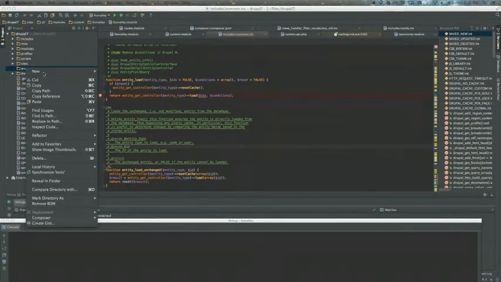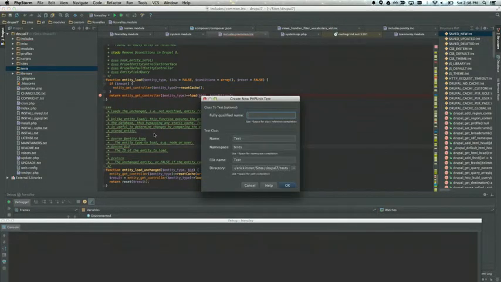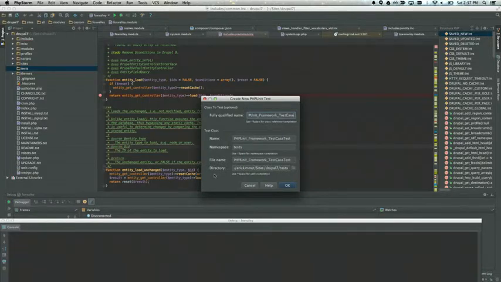Okay. So assuming all that Composer stuff is done, I'm going to File, New, PHPUnit Test. So if I type in test case, I give it a name. I can name it something else. I don't like to use the namespace. It seems to screw things up.